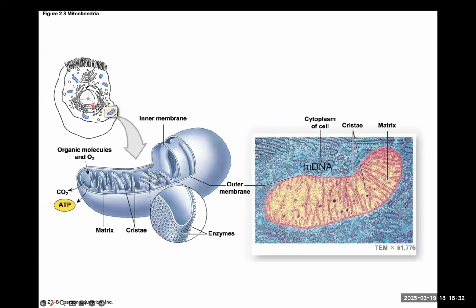So here's a close-up of what mitochondria looks like. It's really small. It's an organelle about the size of the bacteria. It has a bunch of extra folds. It has this membrane, inner membrane, outer membrane. It has a bunch of these extra folds on the inside that give it extra surface area for enzymes in order to make ATP. So this helps us to generate lots of ATP, versus if you're a bacteria,